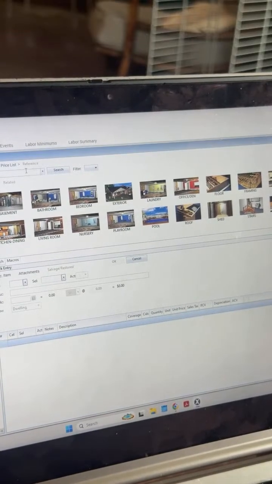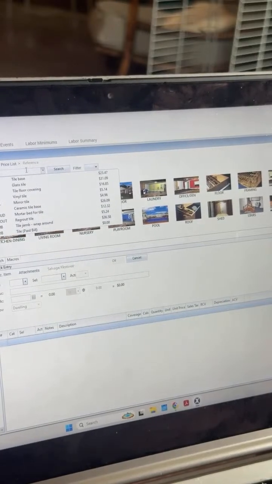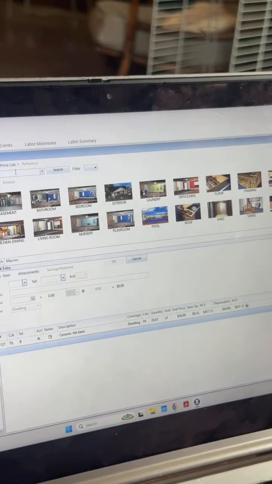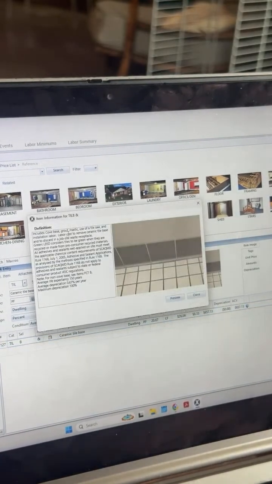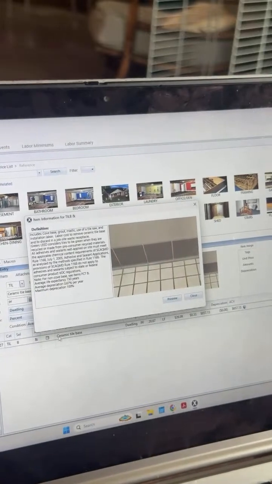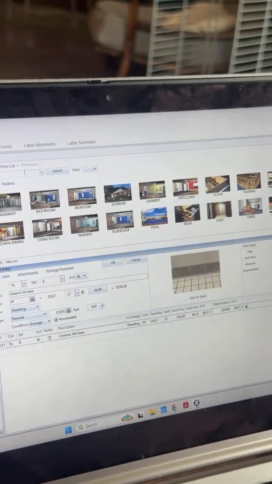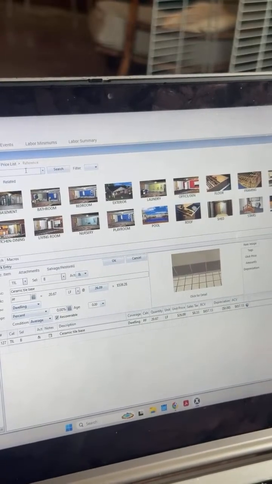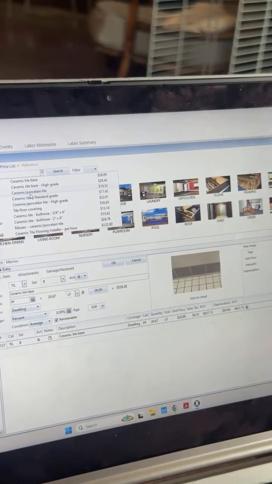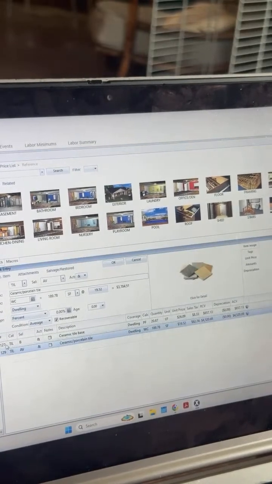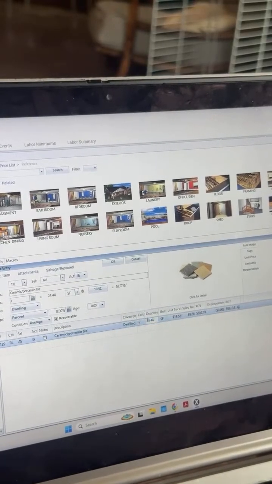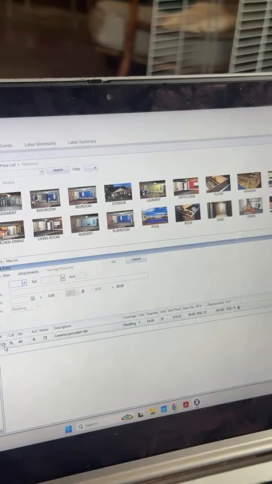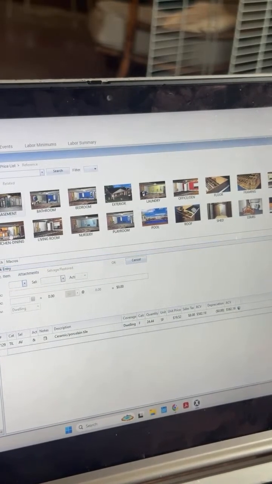I'm also gonna put in, she had tile, ceramic tile base. So when you look at the detail, what's not included. Let's up the tile. We want ceramic porcelain tile. Look at the difference. So we don't want it on the walls and ceilings. We really just want it on the floors. And we need